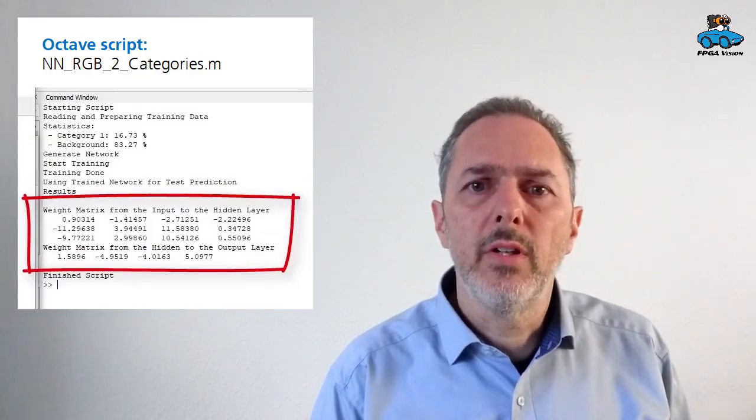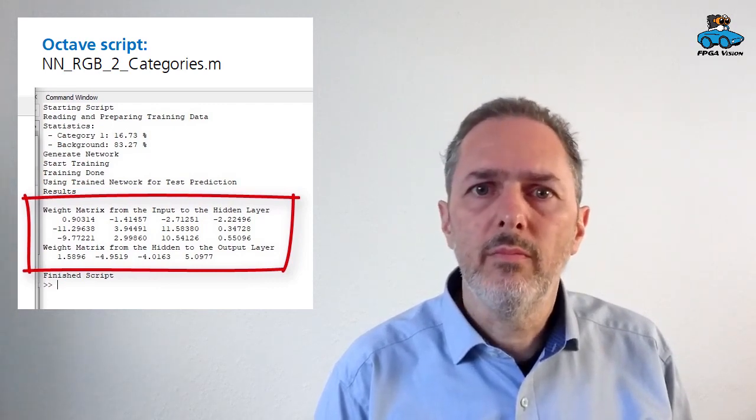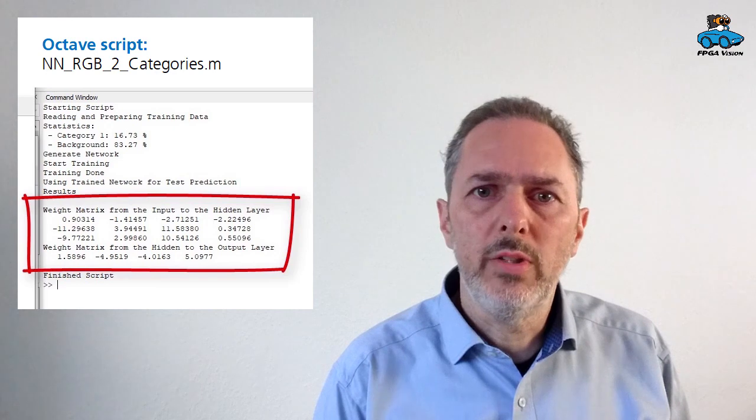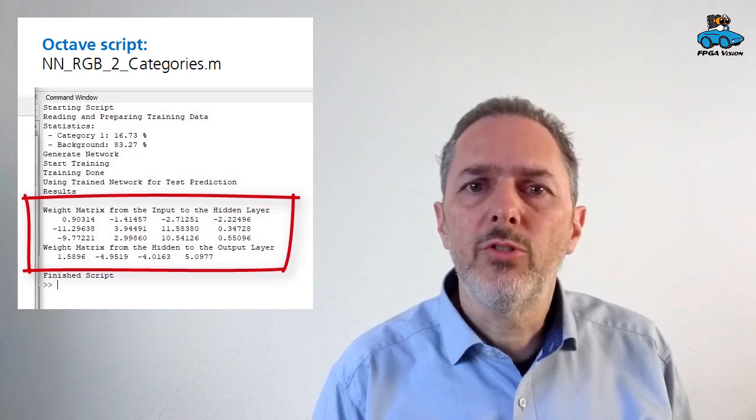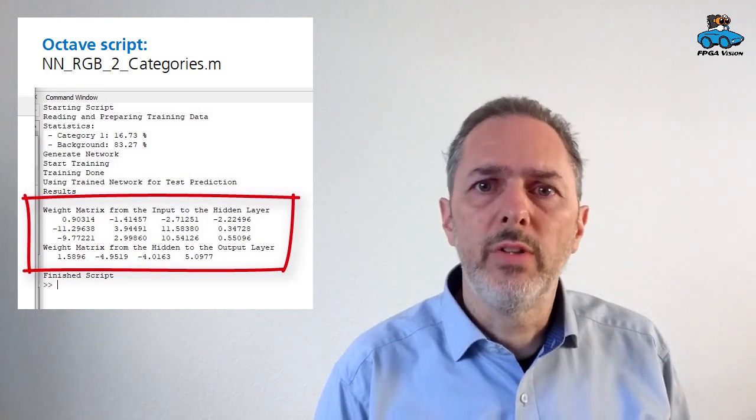We also showed you training of the network. For this we use the script NN RGB two categories, and this script determined these parameters for the neural network, which are floating point. In this video, we want to show you how to use this information to design your circuit in VHDL